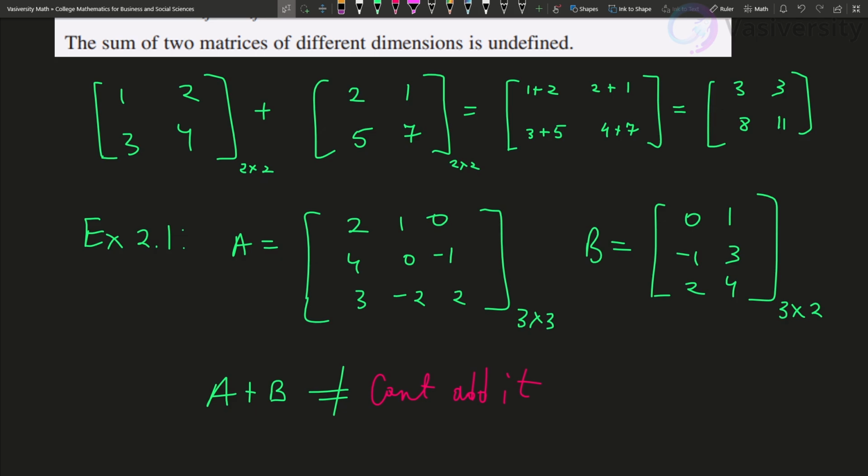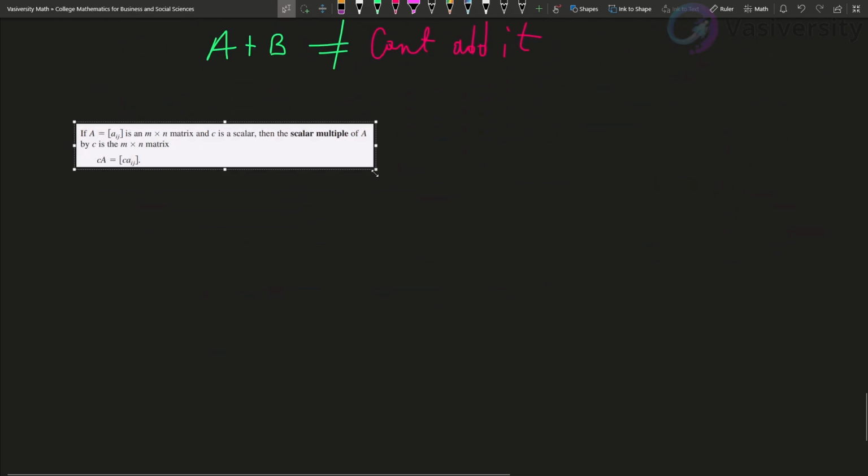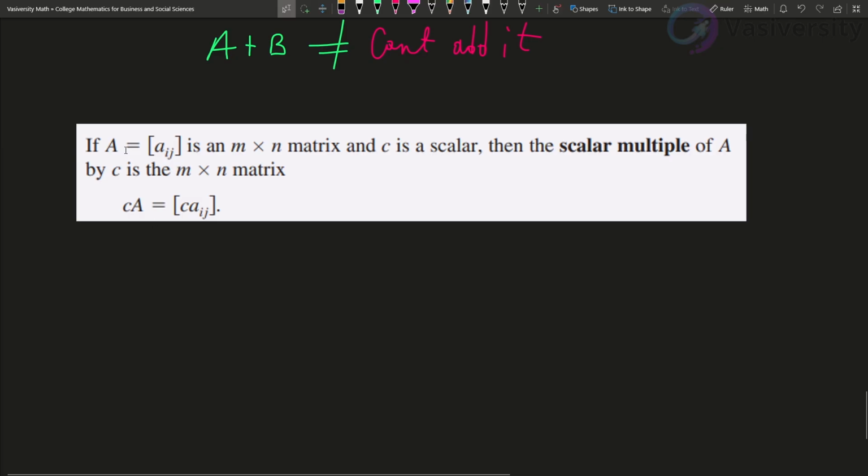So we can multiply the entire system of equations, and what that would be is essentially we're just multiplying everything by that coefficient. So if A is the matrix m by n and C is a scalar, then the scalar multiple of A, if we're multiplying it by C, each component of the matrix is going to get multiplied by